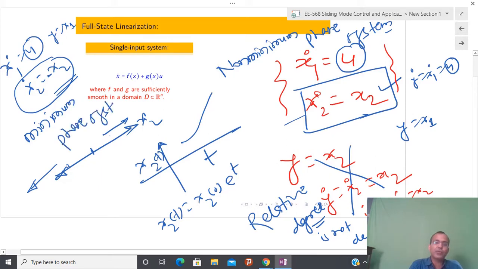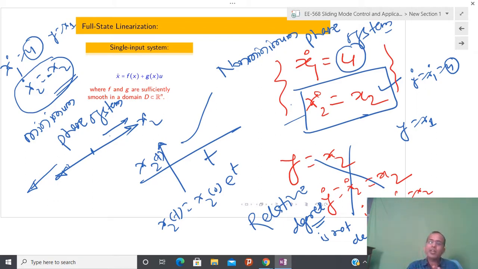Because in linear control, by seeing the poles and zeros, we define a non-minimum or minimum phase system. In the case of a nonlinear system, with the help of relative degree, we define a system as minimum phase or non-minimum phase. So what is the definition? If you have some system, you can take the output and try to express that system in terms of the output and its higher derivatives.